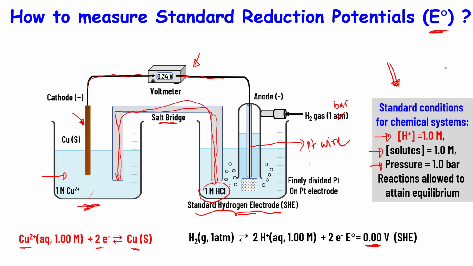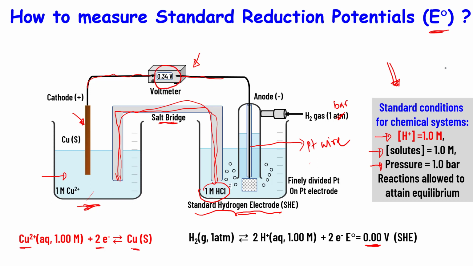To make sure that that balance exists, we have this salt bridge, which is going to help those excess anions move from one side to another side of the cell. So it's going to set up this way. You connect the electrode to the voltmeter. The salt bridge is there. You let the whole system come to equilibrium. At that point, you measure the voltage that you get from the cell,